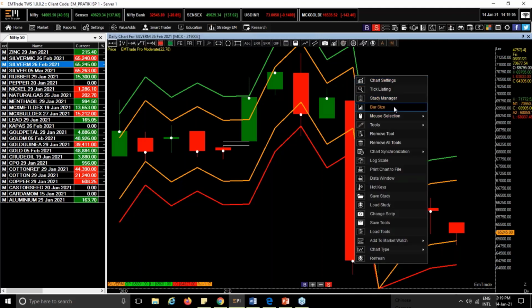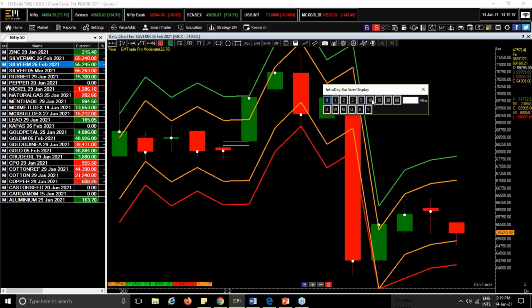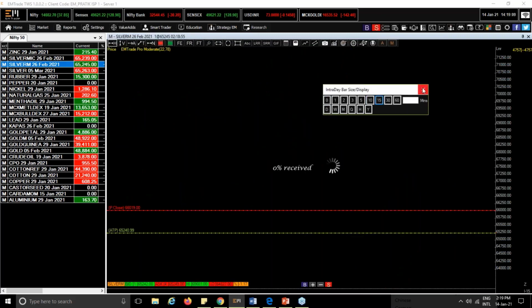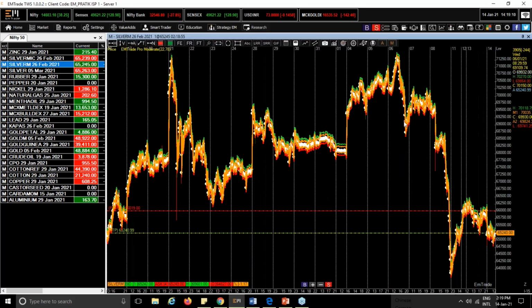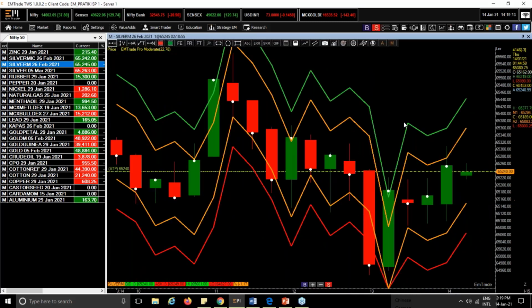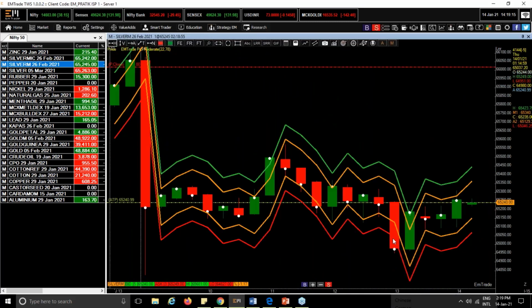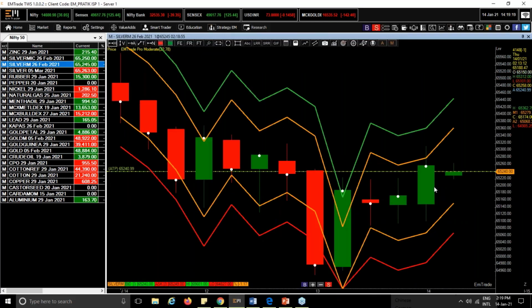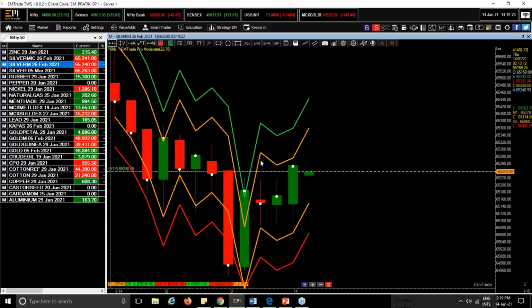Now we have applied this indicator on the daily time frame. If you want to check the same setup on the 15-minute time frame, you can use this 15-minute time frame setup also. So in this case, if you consider this overall trade, whenever your price, 4 candles before this particular candle, 1, 2, 3, 4, just touches the 3rd band, this is your entry price.